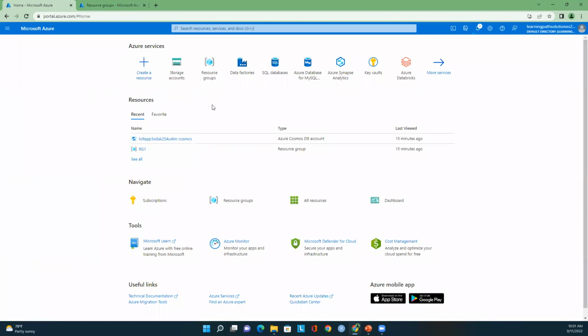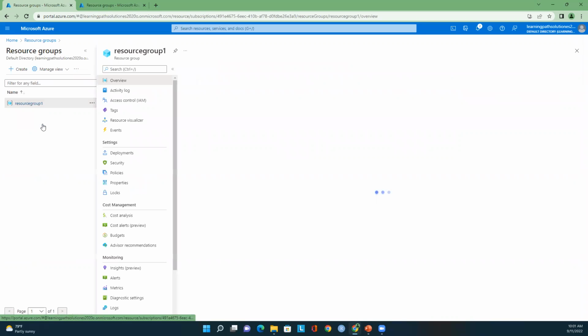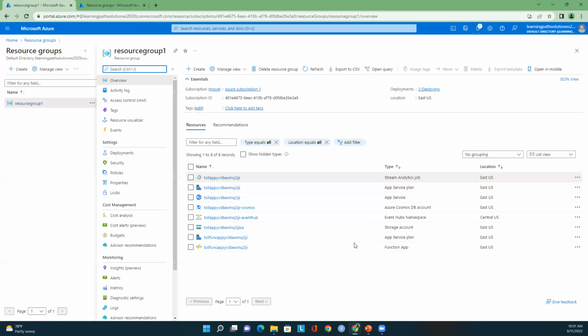I'll go to home and see what services are available in our resource group 1. Here we see that the Stream Analytics job is deployed, the service plan, the service, and the Cosmos DB account. So the template that we used deployed all the services. Let's see if our storage account is deployed. Yes, we can see our storage account was also created, and it takes a couple of minutes to make sure